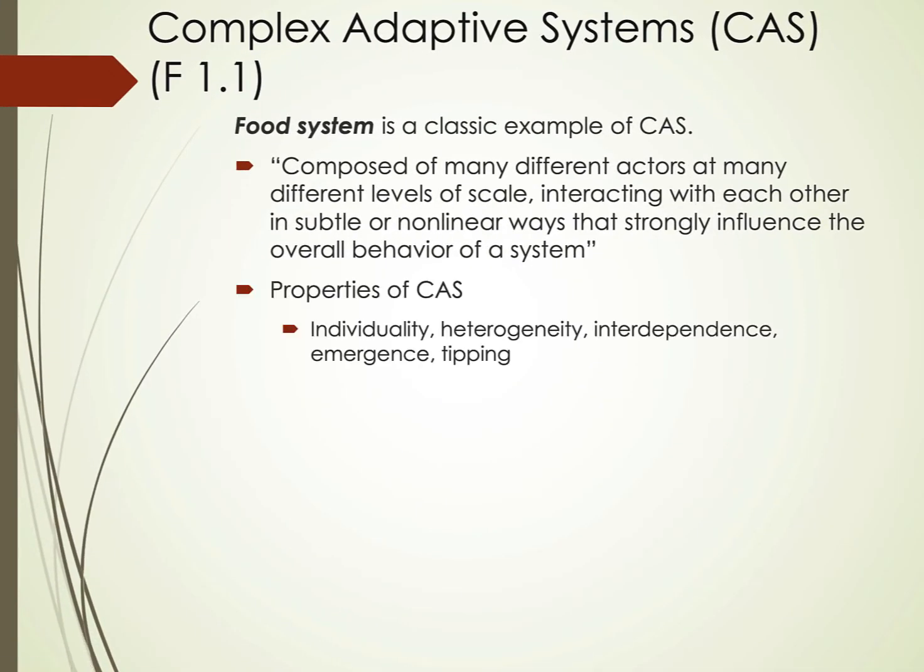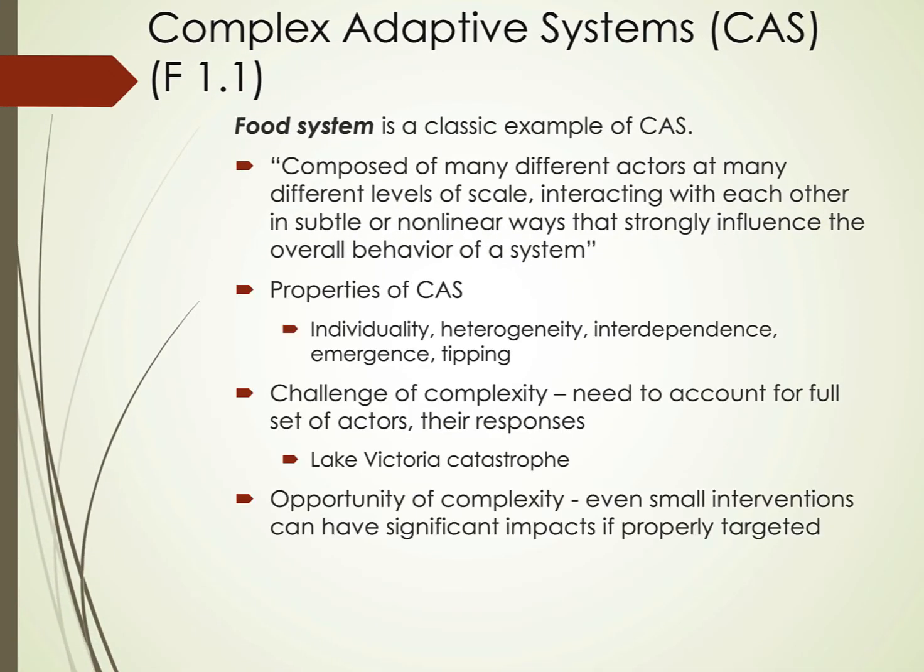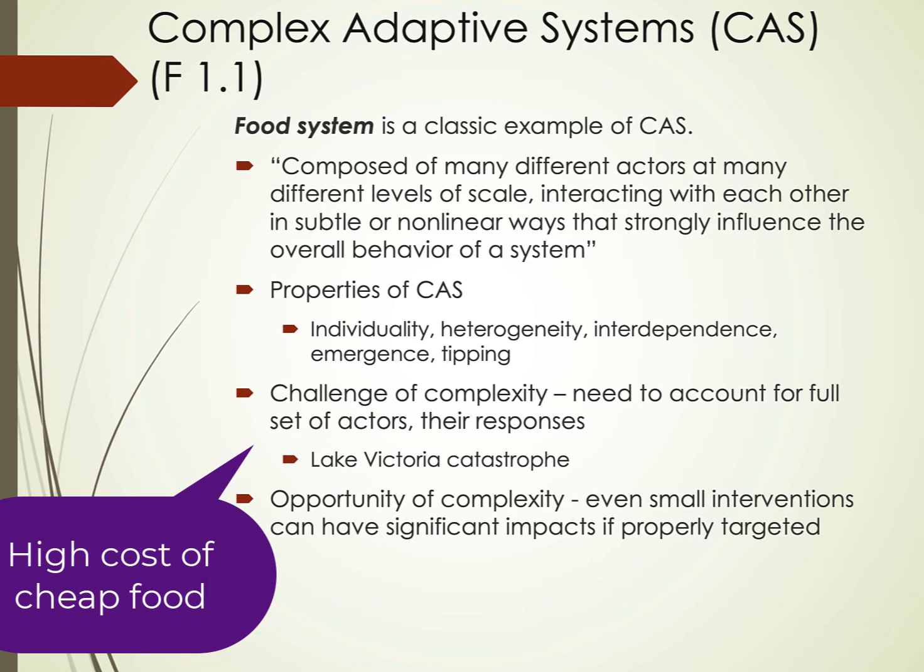Food system, properties, challenges. Lake Victoria, that was a little story in the book about how they introduced a perch to the lake because they thought, oh, we need some cheap protein that we can feed our public. But then all of a sudden, this fish took over the lake and basically destroyed the habitat of the lake, and now the lake is almost dead because these fish have destroyed the natural ecosystem. So sometimes we get a result that we're not looking for or anticipated.